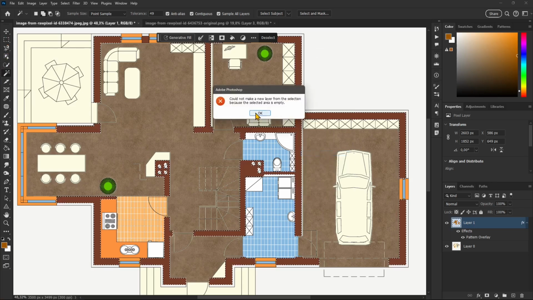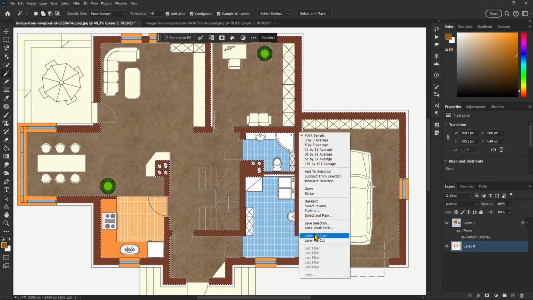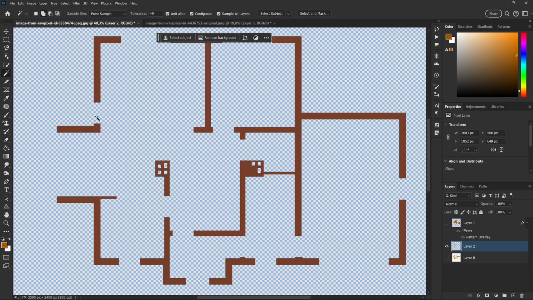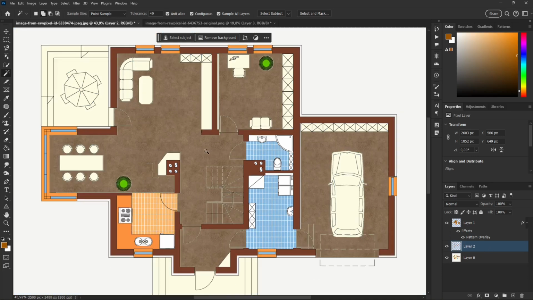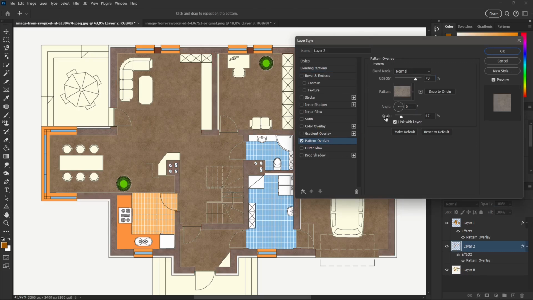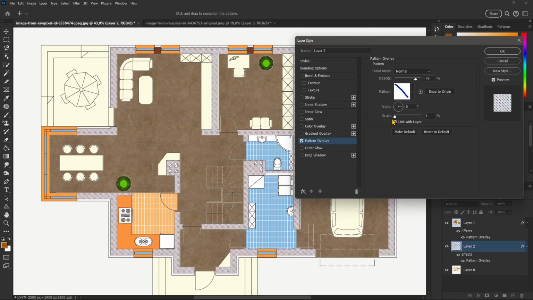Layer via copy. Okay, this area is empty. Why? Because I'm in this other layer. So I need to go back to this layer, right click and layer via copy. So I have another layer now, which is the walls. So I separate all the layers, and this is something you need to set up in, again, AutoCAD or technical drawing software. And once I do that, let's try here with a more technical pattern, which is this one here that I created, kind of an oblique line. It's not precise, it's kind of sketchy, but just to show